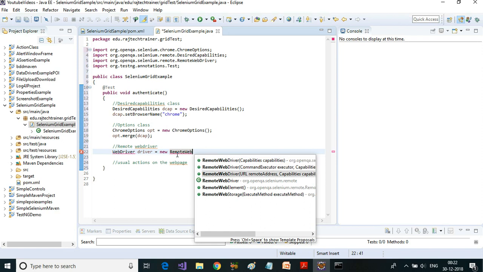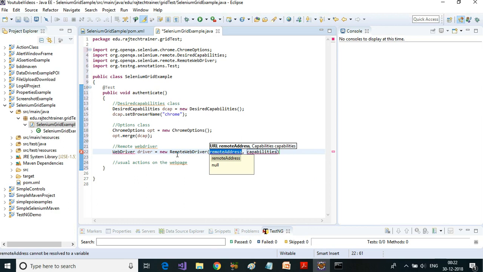The one which I am going to use takes URL and capabilities as parameters. Okay, so this will be the remote address where this client will be connecting to,